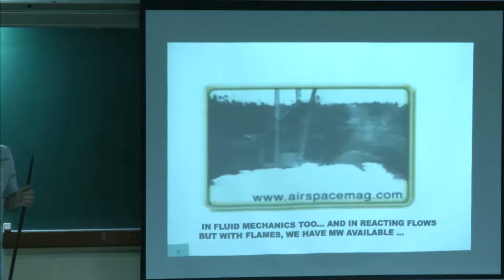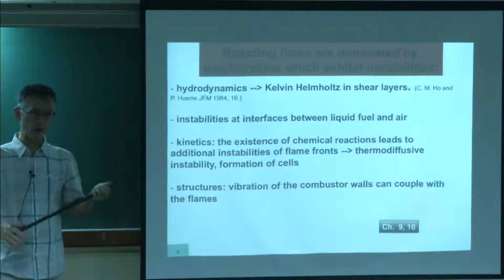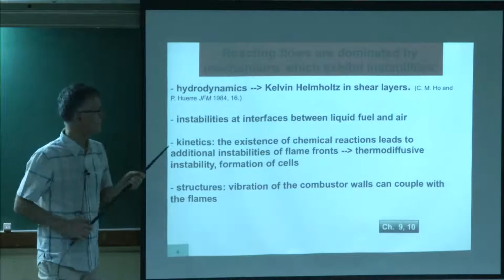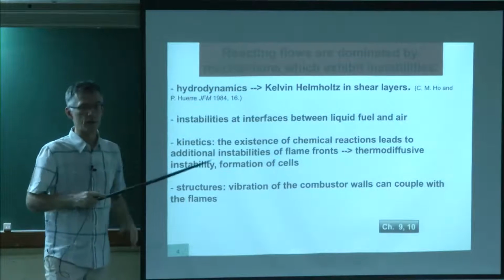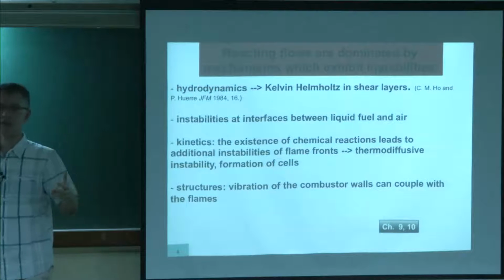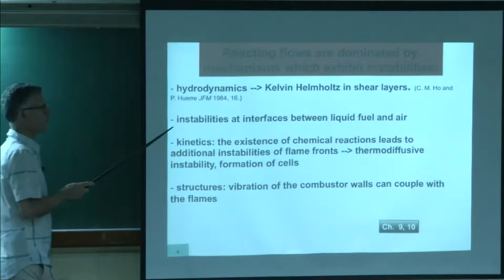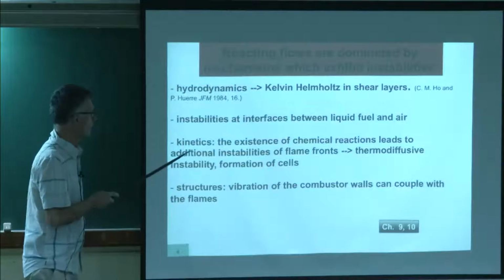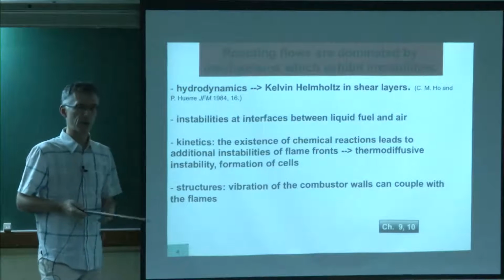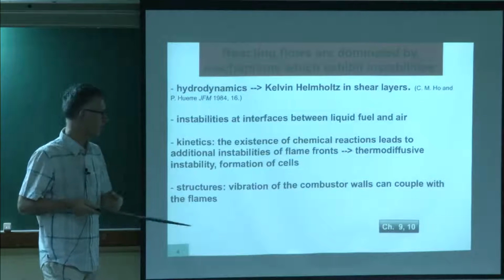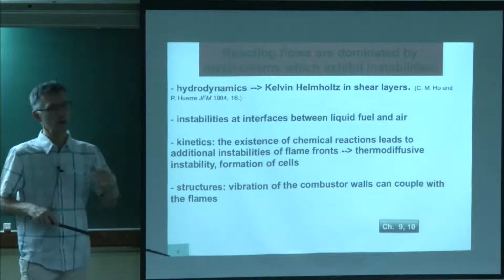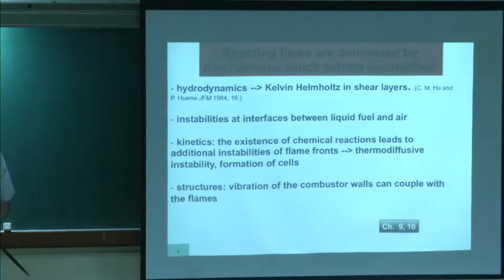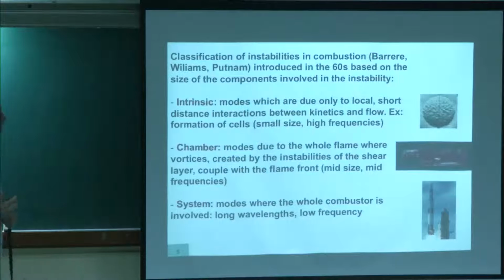All these flows are non-reacting. If you go to combustion, we basically have many things which can be unstable. Of course, you have flows, and you know that all flows can generate vortices, so that's one instability. If you do two-phase flows, you rely on instabilities to create the droplets. If you do kinetics, I will show in a second that flame fronts can also be unstable, and of course the structures in which we insert our flames can also be unstable. So as a consequence, you can have many instabilities in combustion chambers.